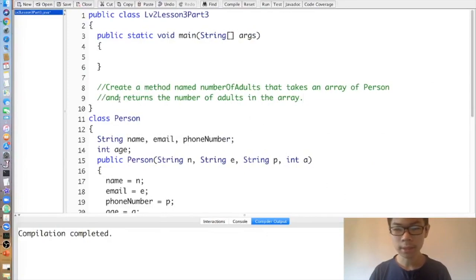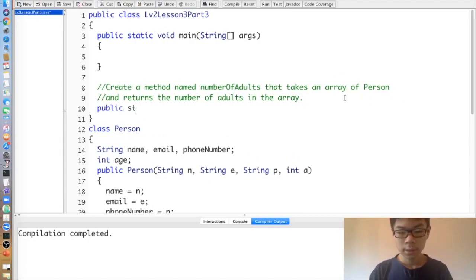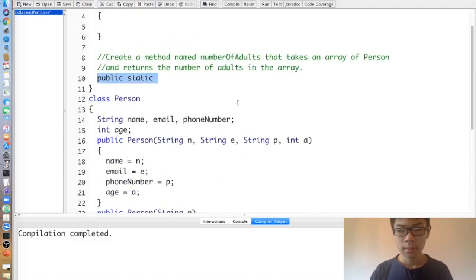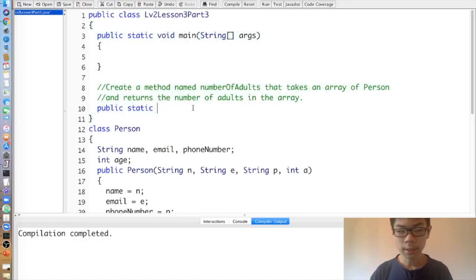Let's start with some exercises. So first, create a method named numberOfAdults that takes an array of Person and returns the number of adults in the array. So for this one, again, this one's a static method. We're not in the Person class anymore. So public static returns the number of adults in the array, so int, and then numberOfAdults that takes an array of Person